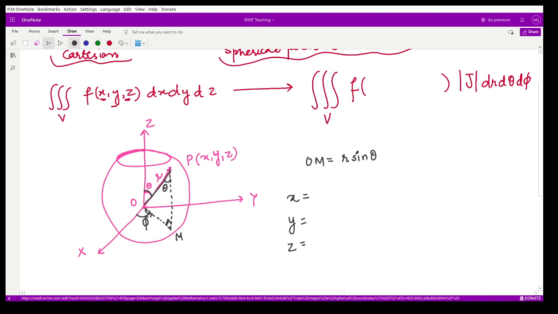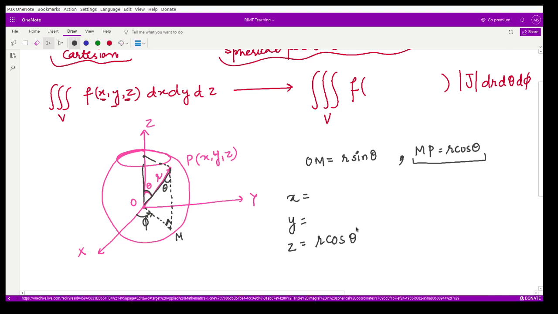Now what is the value of z? The value z is the distance of this particular point from the origin in the z direction. So whatever this distance is, that is the value of z. And what is this MP? Using the same triangle and the same angle, your MP is equal to r cos theta. That means this MP is nothing but the value of z, because this distance is equal to this particular distance. So you have z as r cos theta.